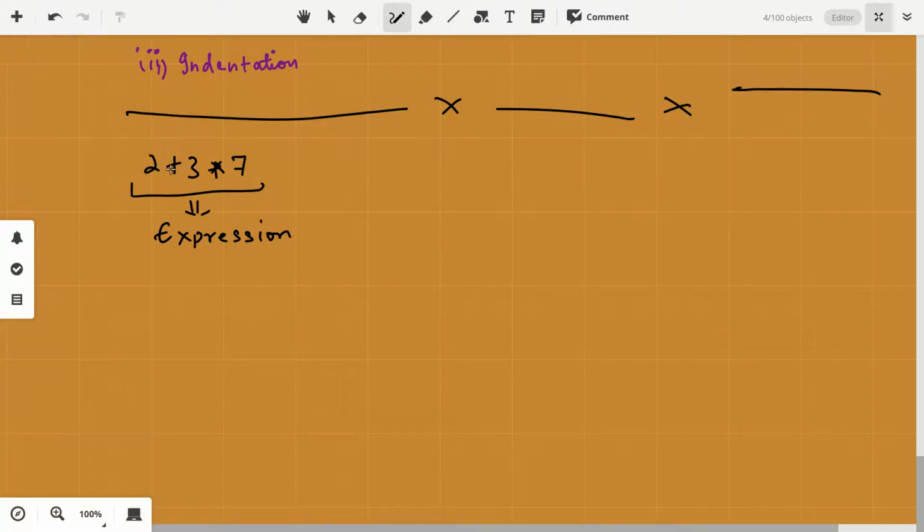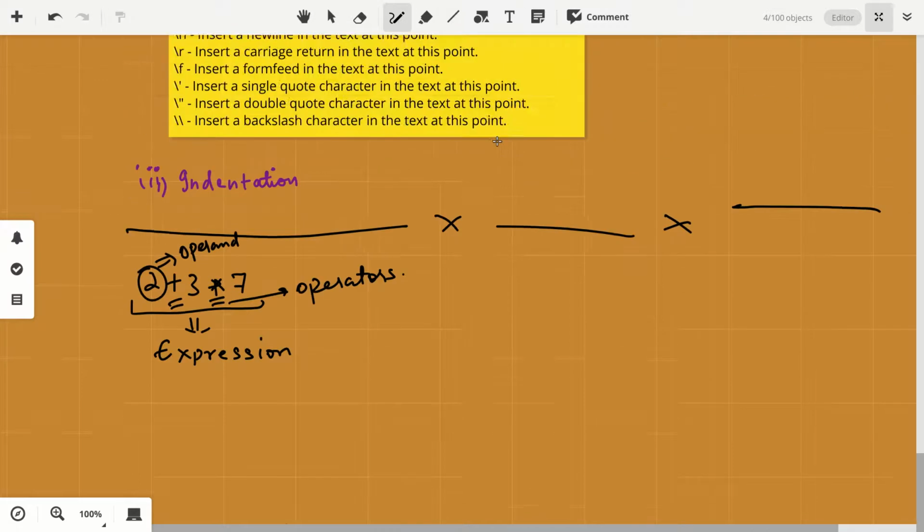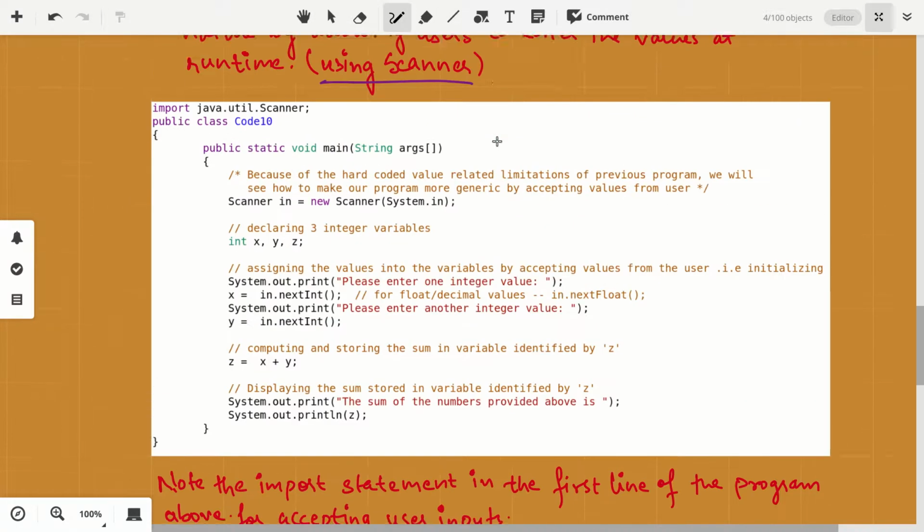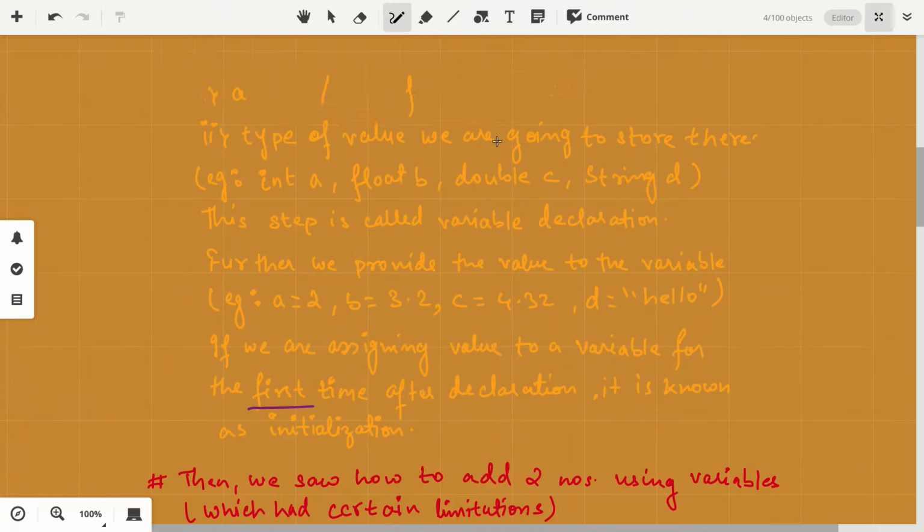The numbers are operands, and plus and multiplication are operators. Operands and operators together form the expression. I think we had already discussed this in the first class, or maybe the last class.